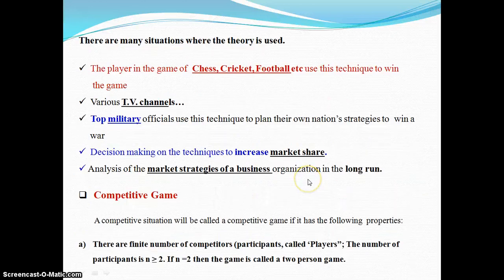Okay, so there are many situations where the game theory is used. First, the player in the game of chess, cricket, football use this technique to win the game.